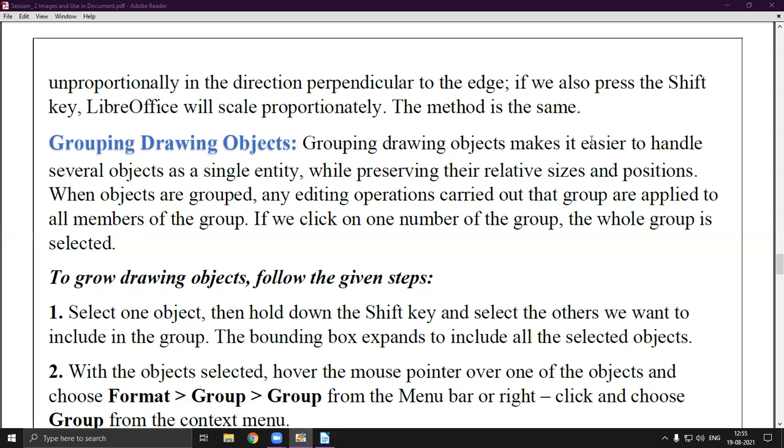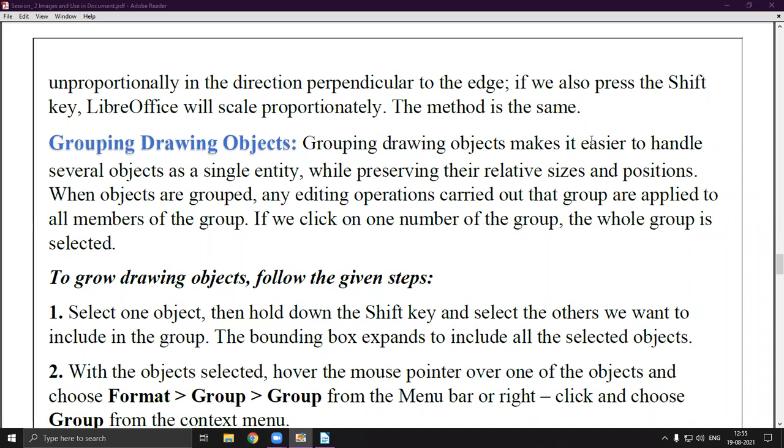When objects are grouped, any editing operations carried out on that group are applied to all members of the group. Mark a point: if we edit any one object, that change will reflect on all of the objects. If I have 7 triangles and I have grouped them in a single entity, and then I change anything, it will reflect on all 7 triangles.